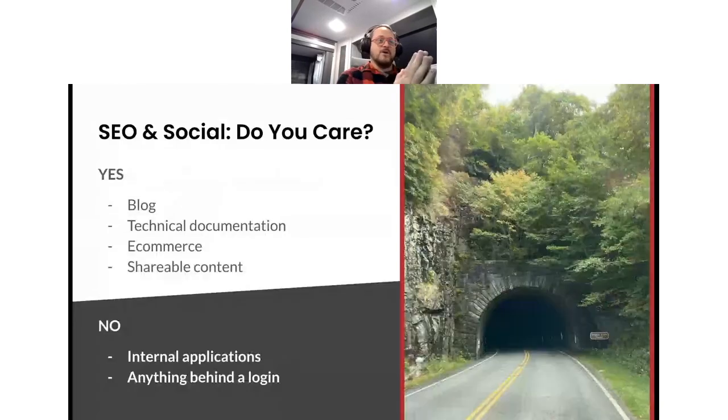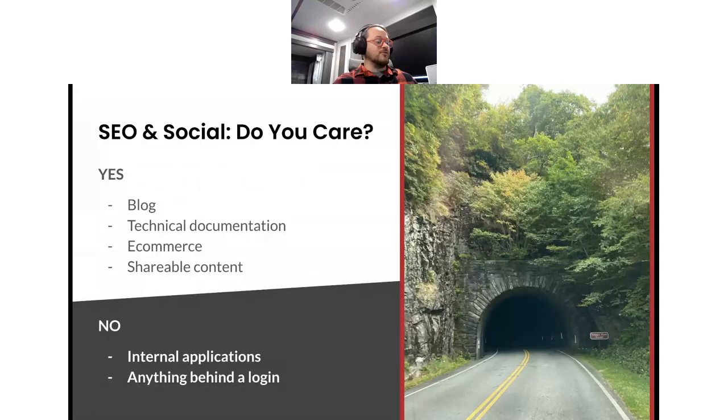So the first question you need to ask yourself is, do I care? You see, adding these SEO things to your project, adding these social sharing things to your project, they cost time, right? Your developers have to implement them and they have to think about them and talk about them, and so they have a cost. Nothing is free. So before you go down this deep dark tunnel and get yourself stuck into paying for these things, do you really need them?